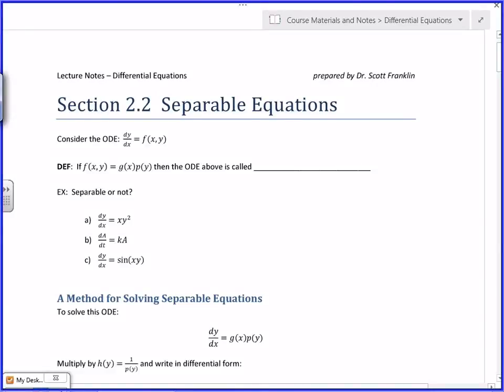So we're going to start and kind of build our way up. Again, remember, we're in Chapter 2. Chapter 2, we're talking about just first-order differential equations, not any higher orders than that. So our differential equations will only have first derivatives in them. They're ordinary differential equations, so they have only one independent variable. And we're not looking at systems yet, so we only have one dependent variable. So we're looking at y's and x's, or x's and t's, or y's and t's, just one dependent, one independent